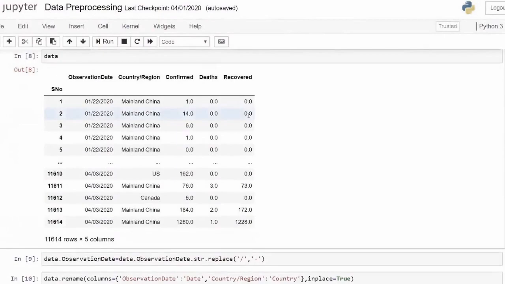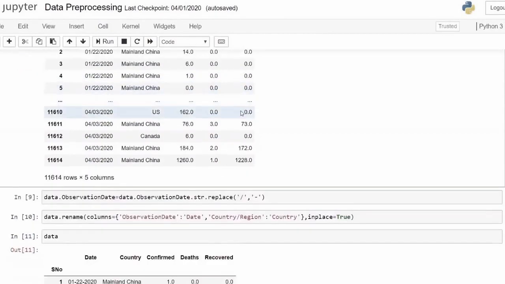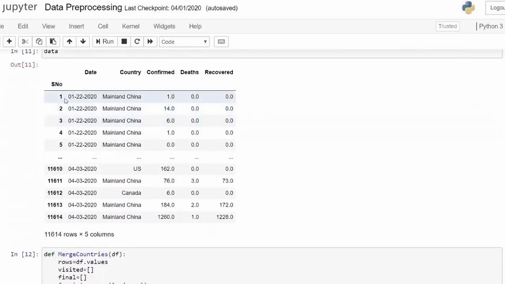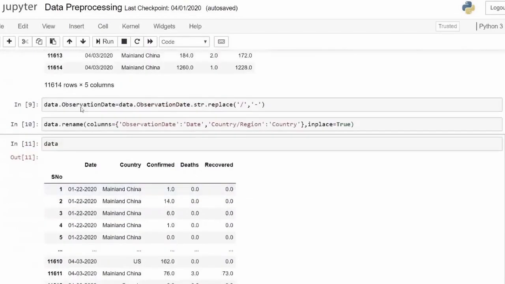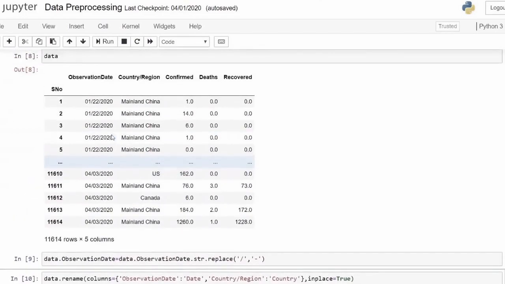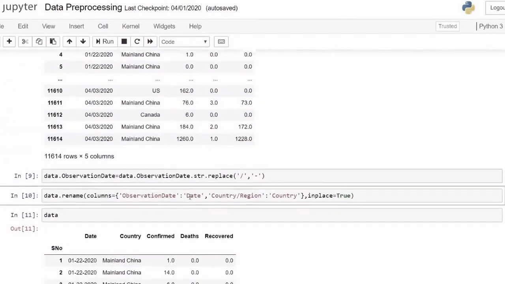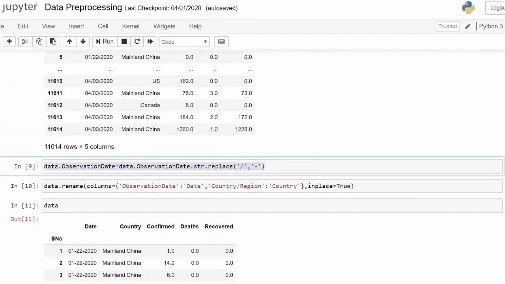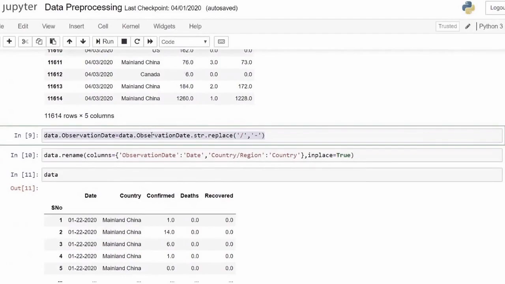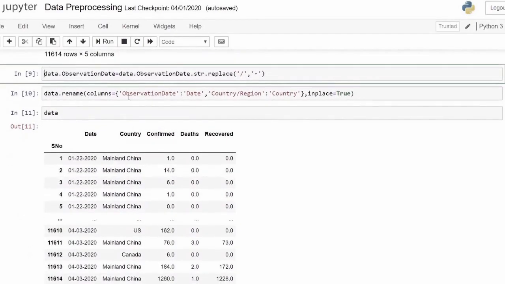In this data set, we can see for every single date, there are number of countries. I mean, same records as represented previously by marked by different provinces and states. So I just wrote a function and merged all these records into a single date, and also dates were of different formats. Some were separated by slash and some were separated by hyphen. So I used a function to clean them and gave them a similar format. Okay, rename the columns.